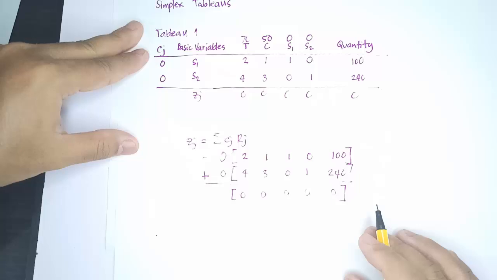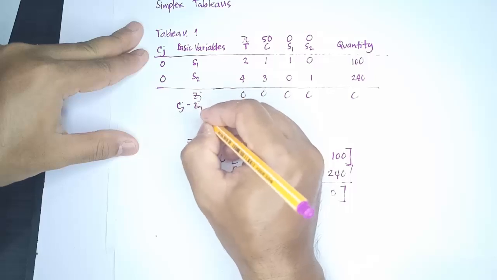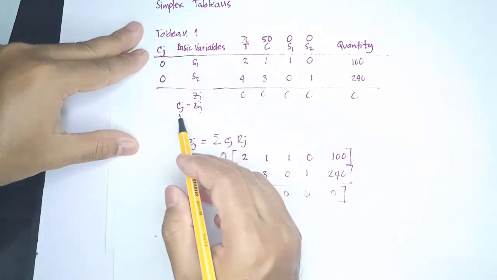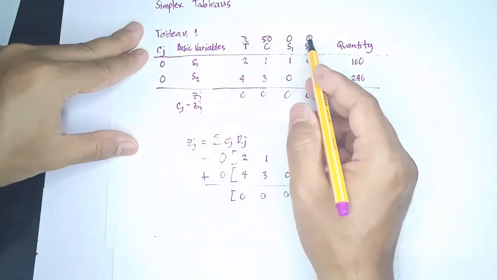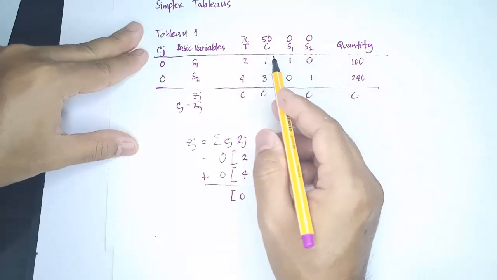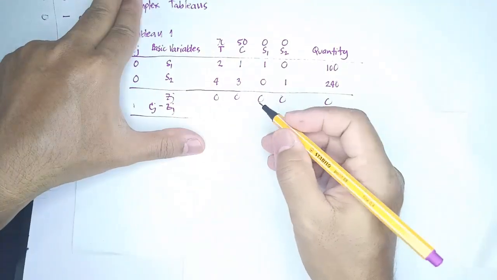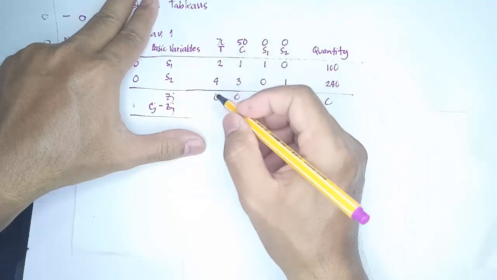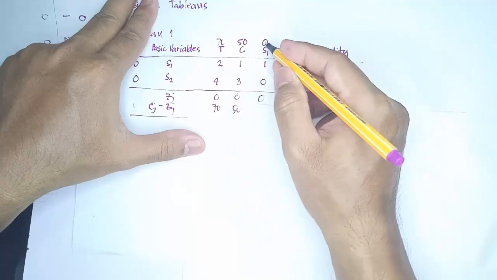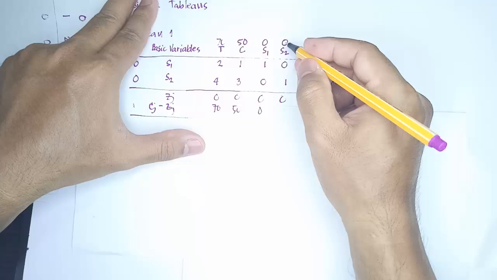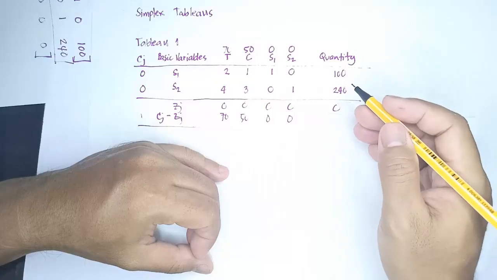The last row we're going to enter is the row for c sub j minus z sub j: the coefficients in the objective function minus the elements of z sub j. These are the elements of c sub j's. Again, they are coefficients of the variables in the objective function. So if you take the difference, 70 minus 0 is 70, 50 minus 0 is 50, 0 minus 0 is 0, and the last 0 minus 0 is again 0. So this will be our first